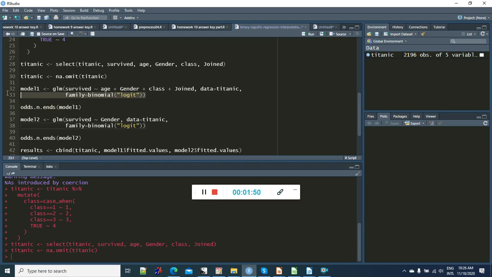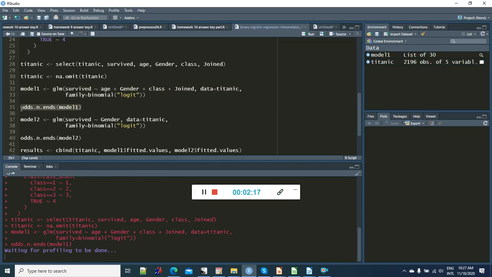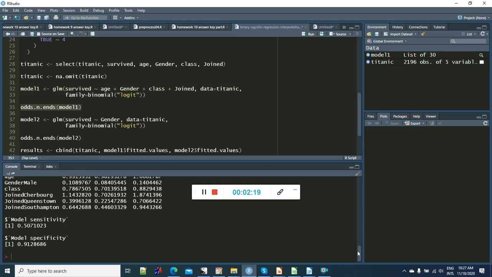Okay, and model number 1 is a generalized linear model where survived is a function of age, gender, class, and joined. And of course we specify the data equals Titanic and the family equals binomial of logit, which is our syntax for logistic regression, binary logistic regression. Okay, so that's model 1. We look at the odds and ends for model 1, and we see,